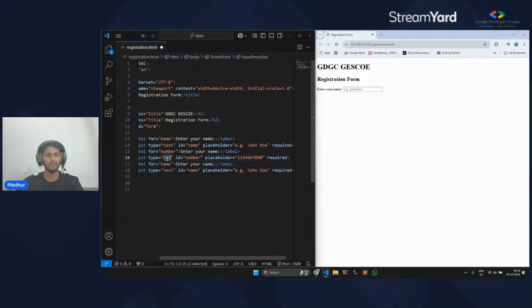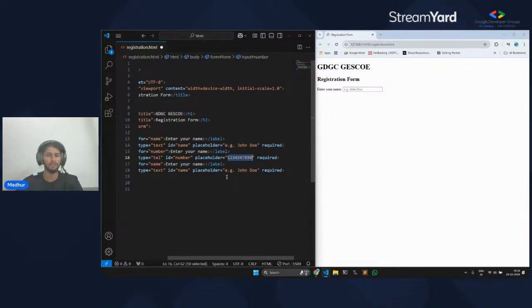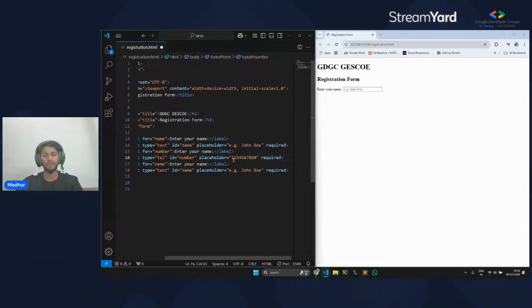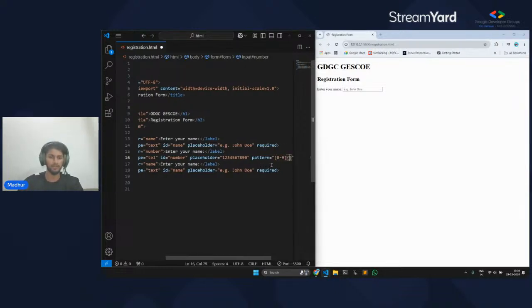So tel takes telephone number as input, not necessarily telephone, but you can also take phone number. And now we want 10 digits as input, nothing more, nothing less. So there's an attribute called pattern where you can specify what type of input you want for the telephone number. So for different countries, it's different, but we'll keep it simple, we'll keep it generalized, and we'll just take 10